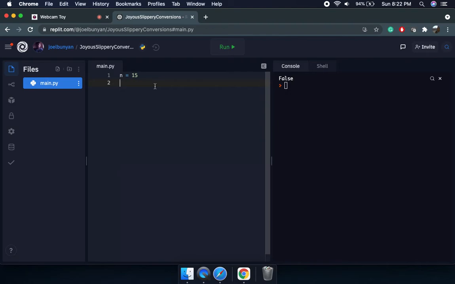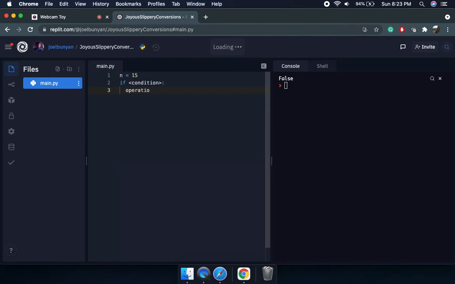So I can use a keyword called if, and write my condition. If this condition is true, we'll just do the operation.